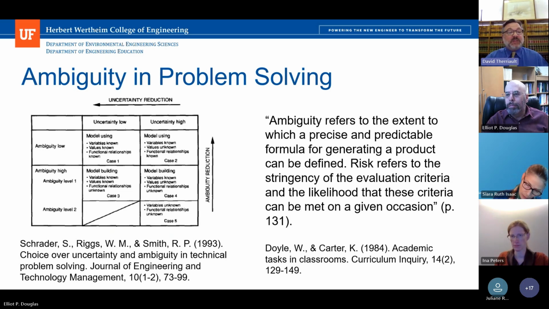So we're left with essentially knowing that ambiguity and uncertainty in engineering is critical, but it's not well defined. And so we sat and thought about this, and we created a research plan to begin to look at what could be categories of ambiguity, so we could study those and begin to discern which ones were more important than others, which were critical for pedagogical reasons, and things along those lines. And I will now turn it over to Elliot.